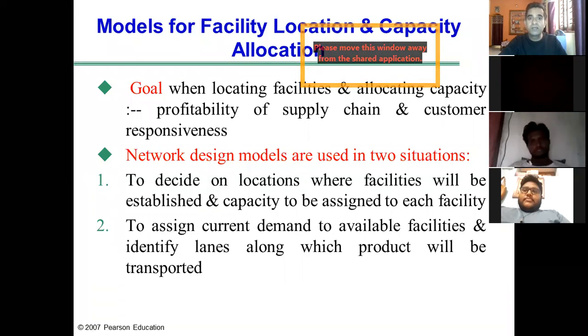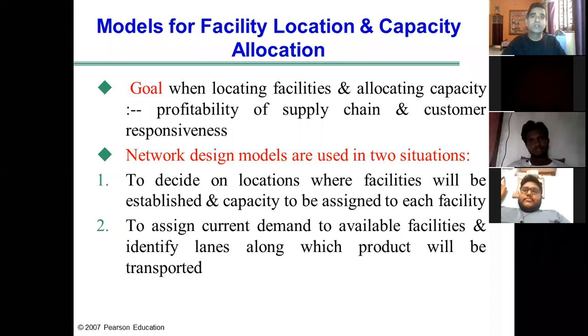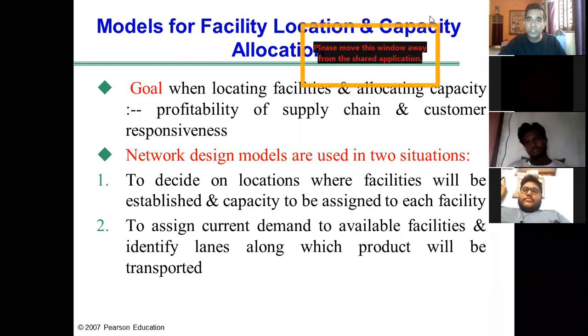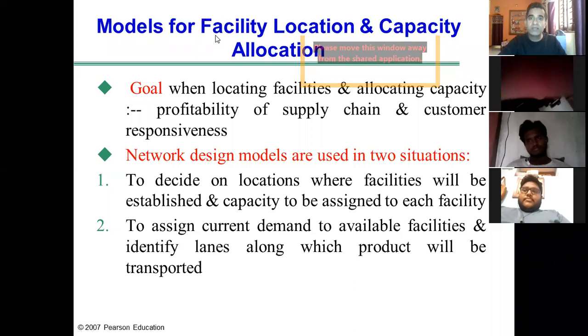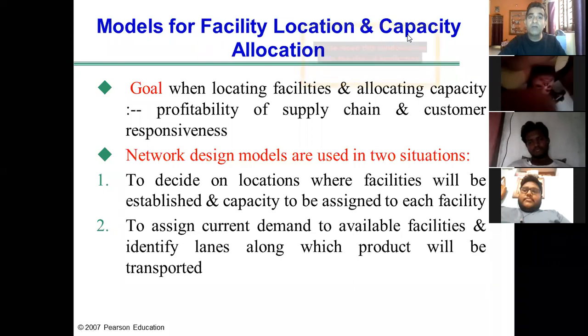When we say facility location, if the company is planning to start 4 facilities or 4 manufacturing units, in which continent and in which country should each factory be located, where they should open the factory. That is one decision. And the second decision is the capacity allocation. What should be the production capacity of each factory or each facility? To take these decisions, facility location, where the facility should be located, in which country or which site, and what should be the production capacity of each factory.